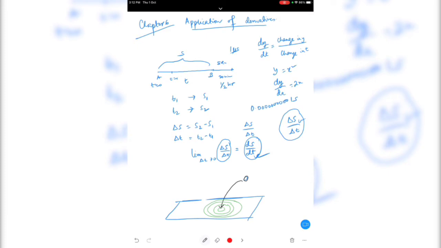Now somebody asks you, what is the change in area of the circle with respect to its radius? So you see, when the radius is this one, the area will be the area of the smaller circle. When the radius is a little bit bigger, then the area will be the area of the bigger circle. So when the radius is changing, the area of the circle is also changing. Yes or no? Guys, tell me fast. When the radius of the circle changes, the area of the circle is also changing, right?